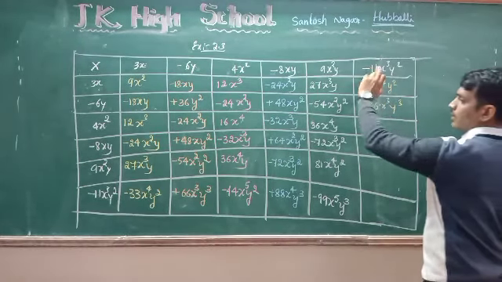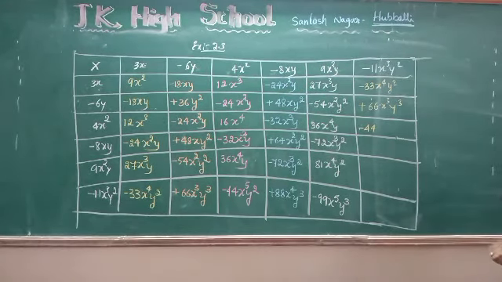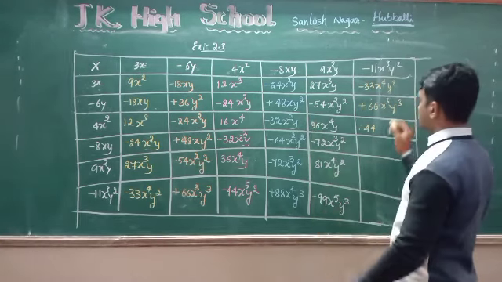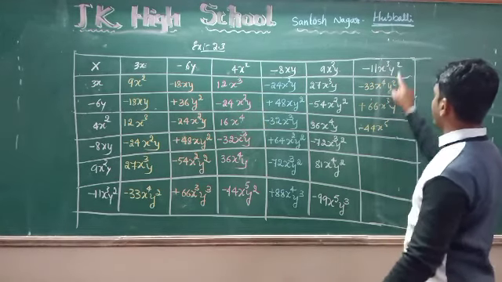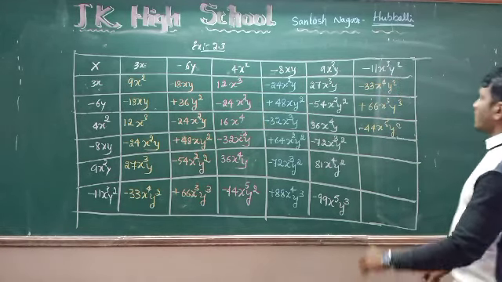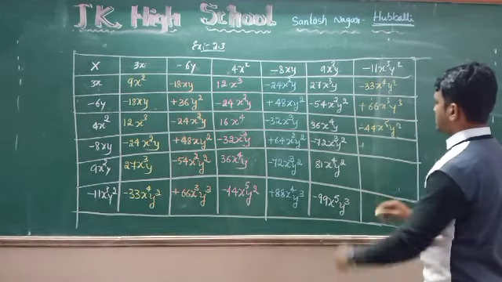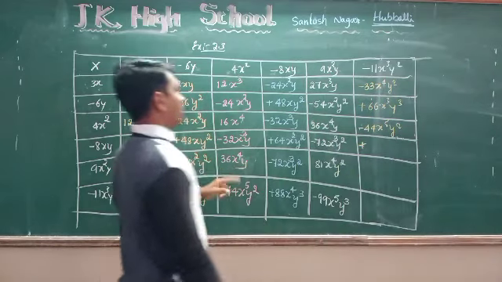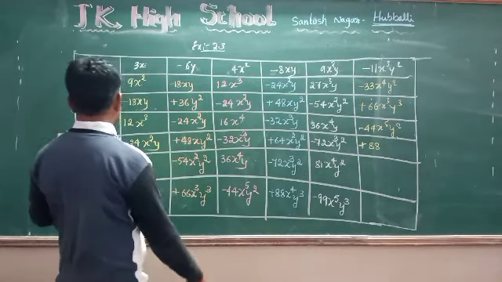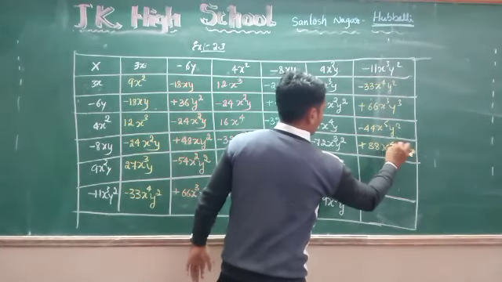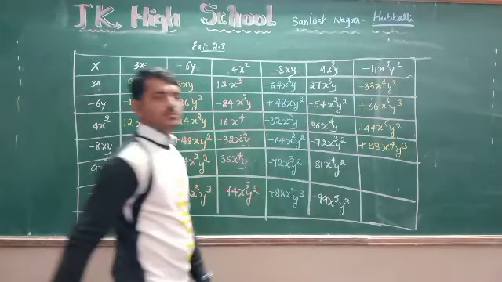Next, 11 4s are minus 44. 11 4s are 44. x cube and x square, x to the power 5, because here 3 is there, that side 2 is there, add them, it will become 5. And y square as it is. Next, minus 11 into minus 8 plus, 11 8s are 88. x into x cube, x to the power 4, y into y square, y to the power 3.